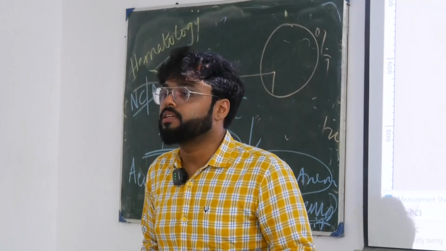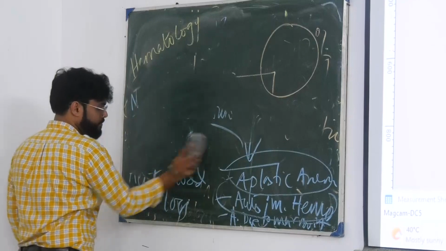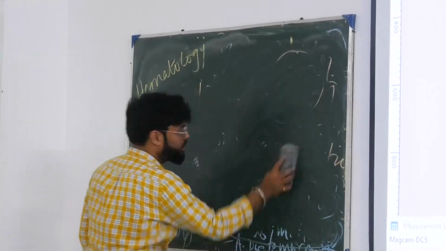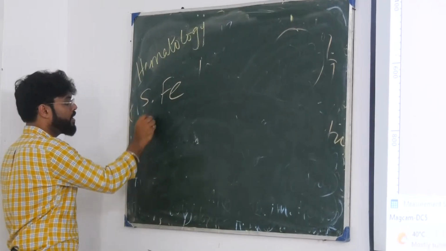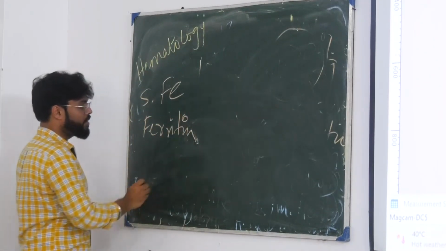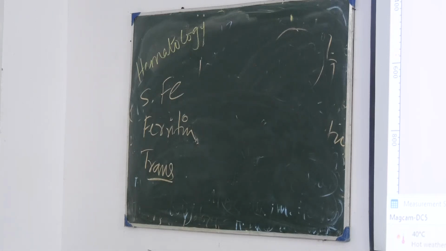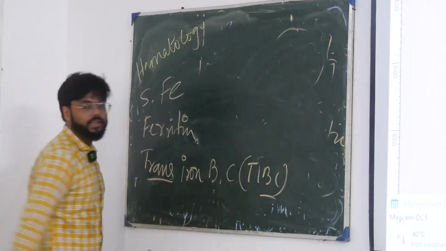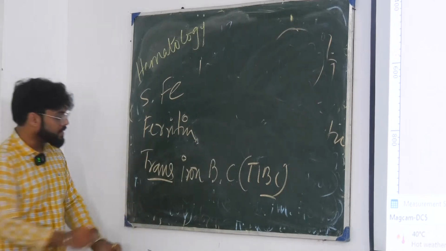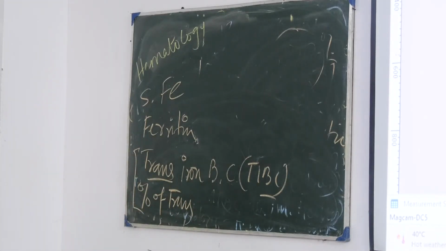So in case of iron deficiency anemia কি হয়, there are three stages of iron absorption. কি আমরা দেখি অ্যাকচুয়ালি? এক হচ্ছে সিরাম আয়রন লেভেল, one is ferritin level, one is transferrin. ট্রান্সফেরিনকে আমরা ডাইরেক্টলি মেজার করি না, ট্রান্সফেরিনের আয়রন বাইন্ডিং ক্যাপাসিটিকে মেজার করি। ট্রান্সফেরিন আয়রন বাইন্ডিং ক্যাপাসিটি, TIBC, iron binding capacity, and percentage saturation of transferrin. আমরা ট্রান্সফেরিনের এই দুটো প্যারামিটারকে মেজার করি।